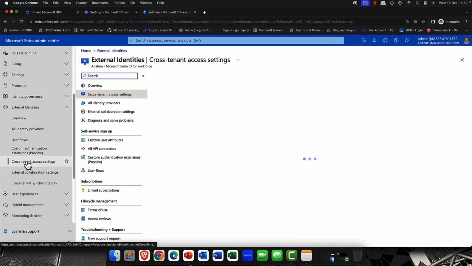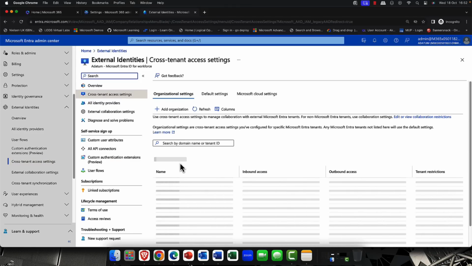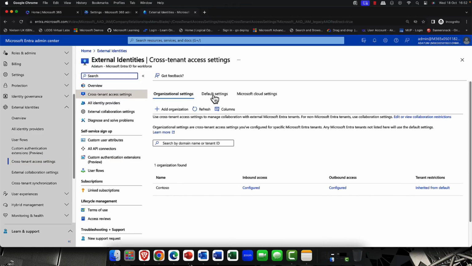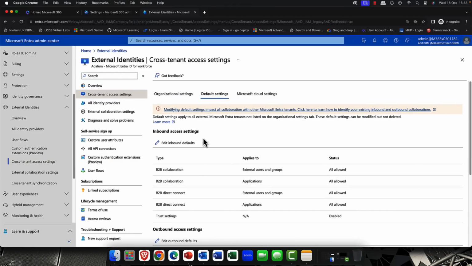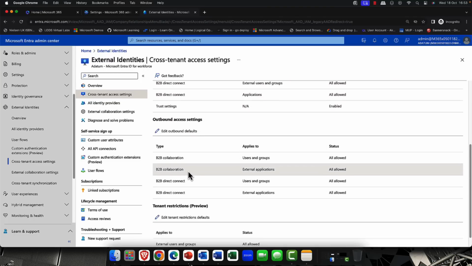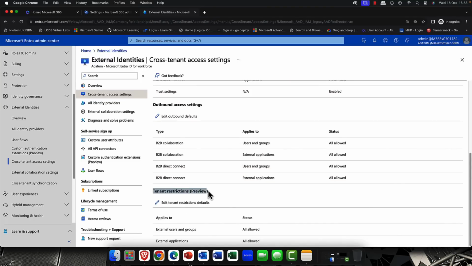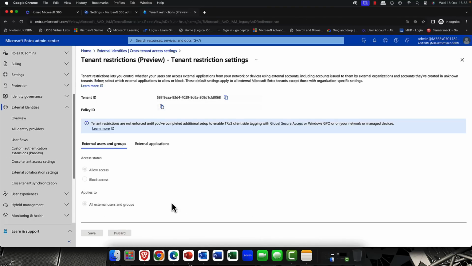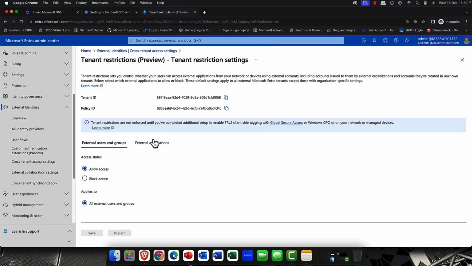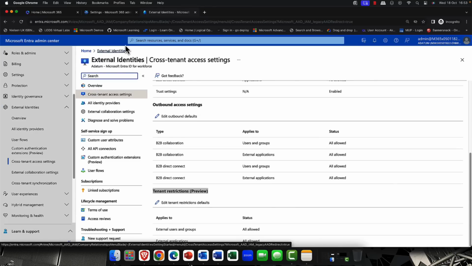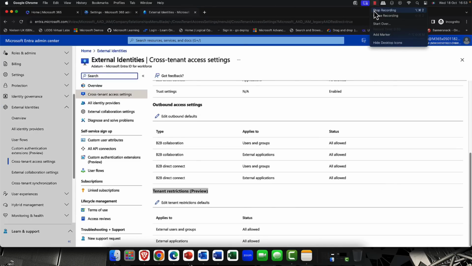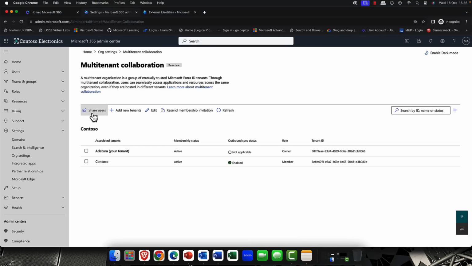So I'm going to come into cross-tenant settings, and of course you can now see, sure enough, the connector is here. Now, we need to go in and just configure a couple of things. This is called tenant restrictions, and it's currently in preview. And I'm saying here, okay, do you want to allow access to all users and all applications? Or is this the point where you would restrict certain users or certain applications? Yeah, that's a good security tip, by the way.